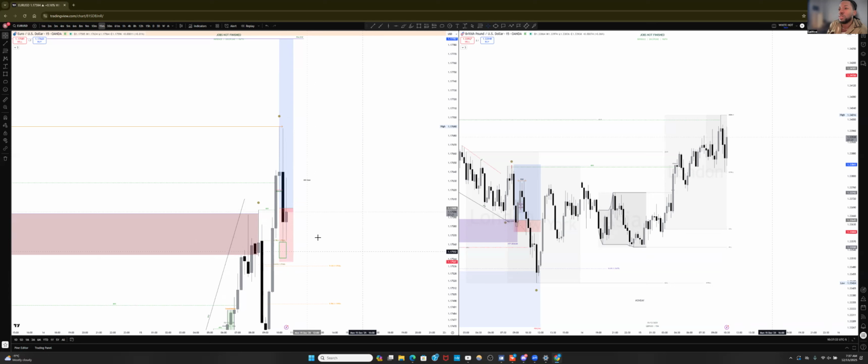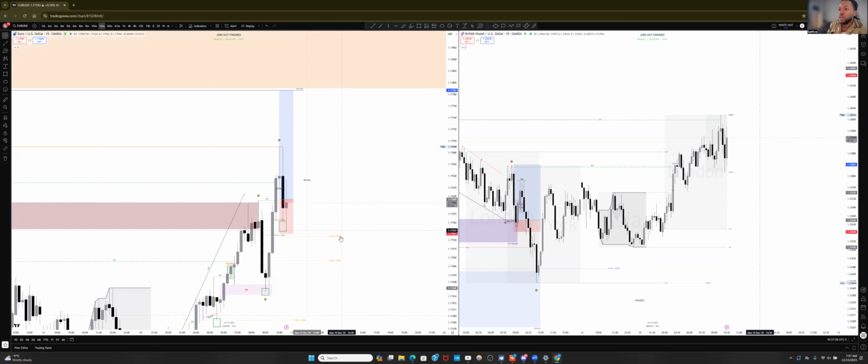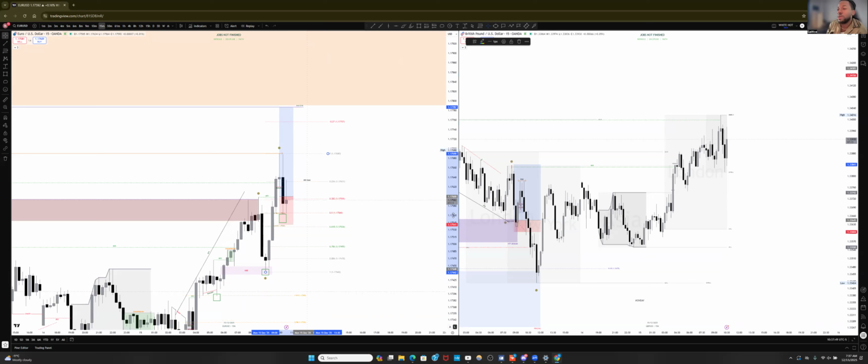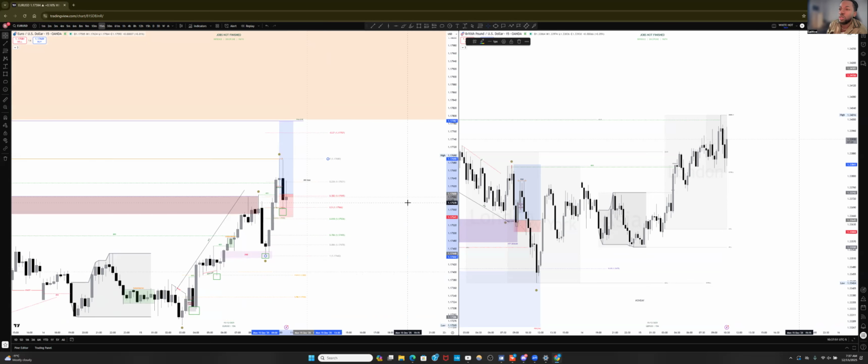Despite this inducement low, it looks like the seller still wants to push it to lower levels, which is valid because was this below 50%? Yeah, this was well within 50% range of that dip. So price can go up for me if it wants to.